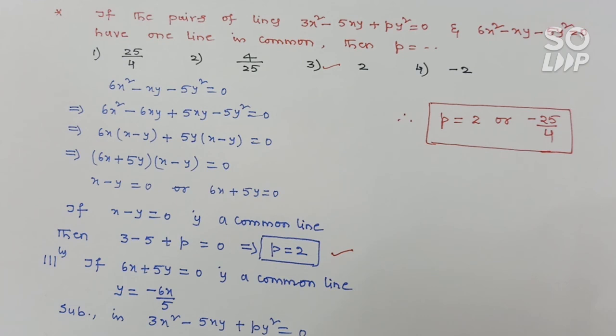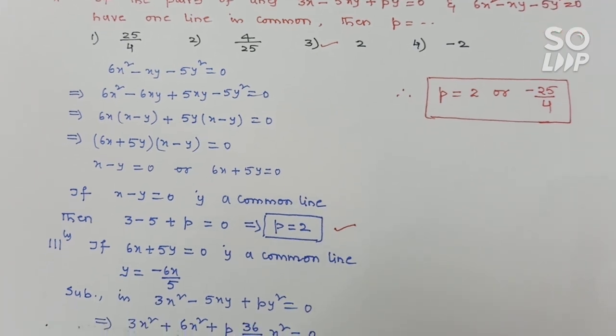Okay, so what is another method to solve this one? That is directly by using the formula. What I said, the formula a1 b2 minus a2 b1 is equal to 4 into h1 into a2 minus h2 into a1 into b1 into h2 minus b2 into h1. So by using that formula you can find that value.